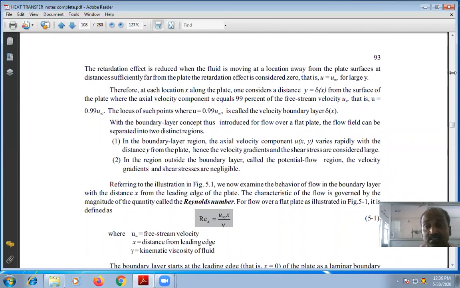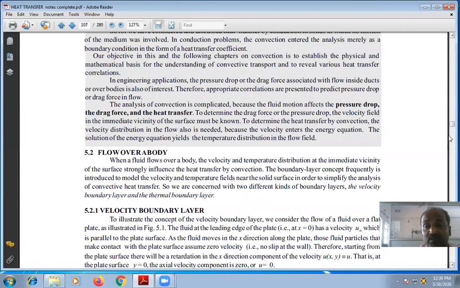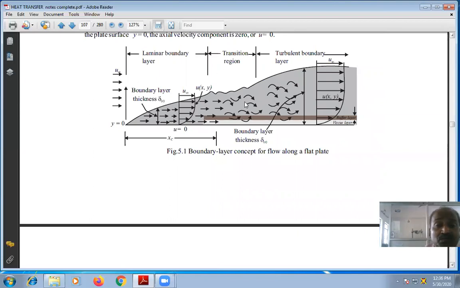This velocity boundary layer is formed due to the presence of viscosity. The Reynolds number is more useful in such cases, and whether the flow is laminar or turbulent is decided by the Reynolds number, so it is very important. Going away from the leading edge, the stresses are less and the laminar flow will become turbulent flow. All this is dependent on the Reynolds number. Okay, so thank you.